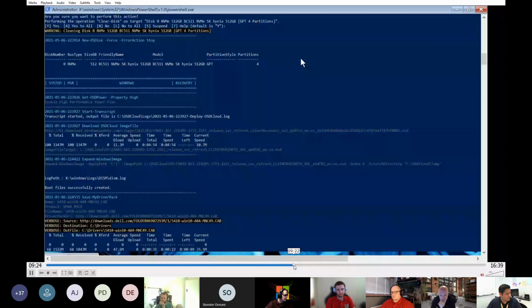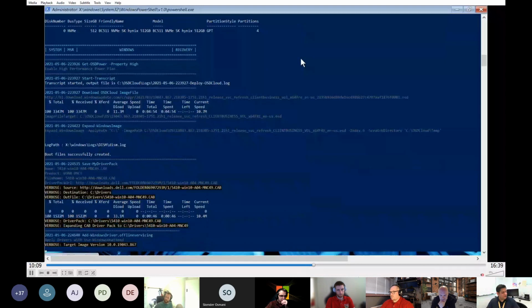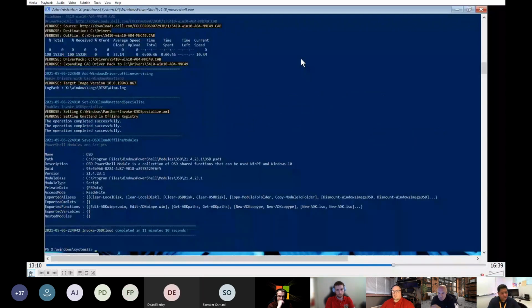So this is the expansion here, and then you've got an offline servicing bit. And as you can see, we're 10 minutes into the process. It doesn't take long. We've got another minute for it to actually apply the drivers. It looks like 2 minutes in my case, and then make sure it's paused right here. And once the drivers are unpacked, there's really nothing else to do. The final steps in this process are to apply some PowerShell modules.